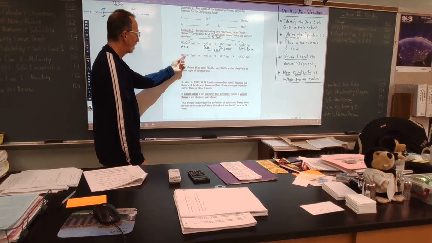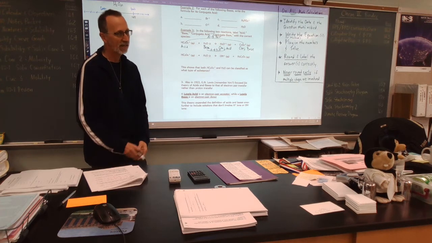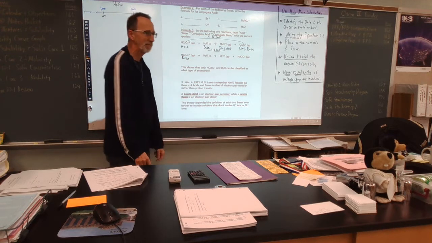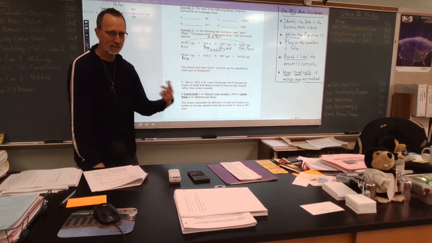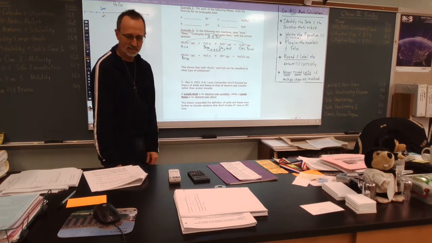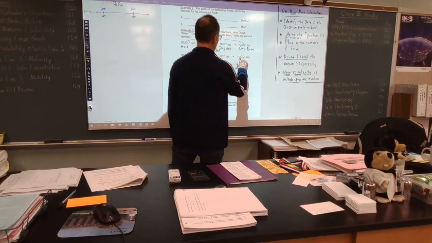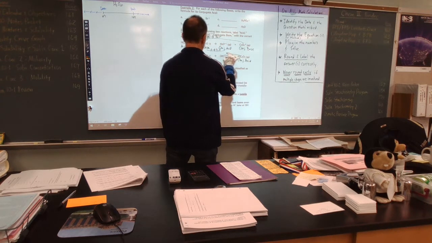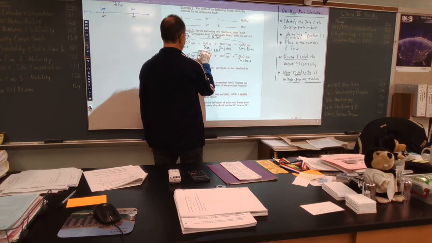So now the hydrogen oxalate ion is not acting as an acid. It is most definitely acting as a base. And once it accepts that hydrogen ion, it forms oxalic acid, which is its conjugate acid. And so those two are an acid-base pair,